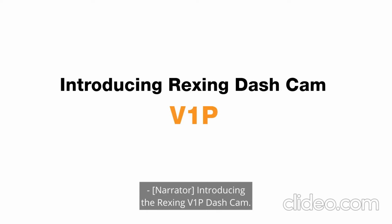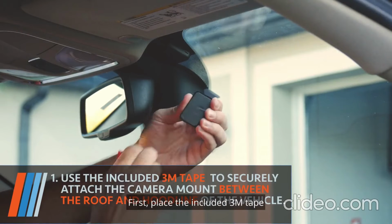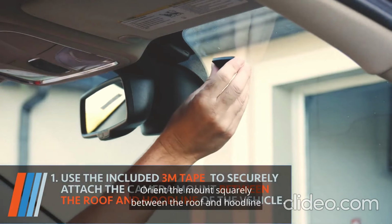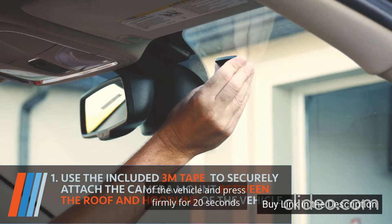Introducing the Rexing V1P dashcam. First, place the included 3M tape onto the back of the camera mount. Orient the mount squarely between the roof and hood line of the vehicle and press firmly for 20 seconds to